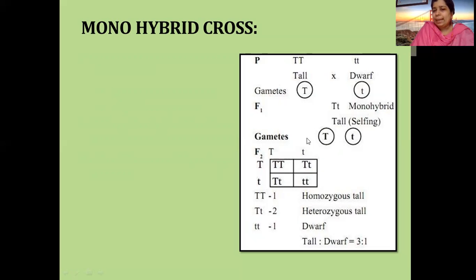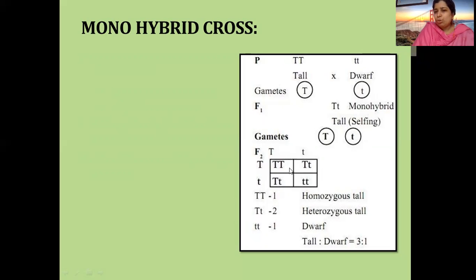And for this he made a box. This box is called a Punnett square. Now he tried to self-cross them. That means the gametes T and t and T and t are selfing with each other. When he selfed them, he found that this is the way, T, t, T and t, you just